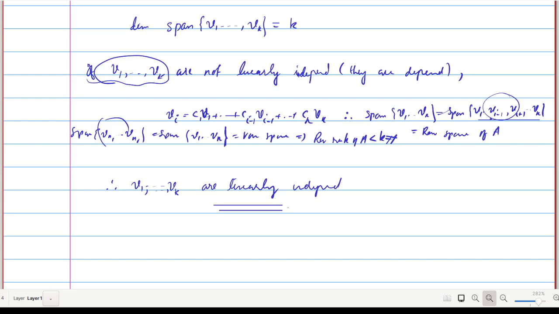With this theorem we can conclude section 2.5. This is the last session of module 1. From the next class onwards we will discuss module 2. That module deals with linear transformations. That means in that module we will discuss functions from one vector space to another with some properties, which would enable us to study two vector spaces using the simplest form. We will discuss that in the next class. Thank you.